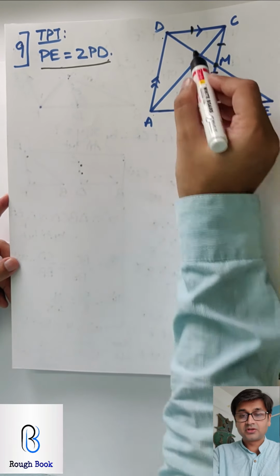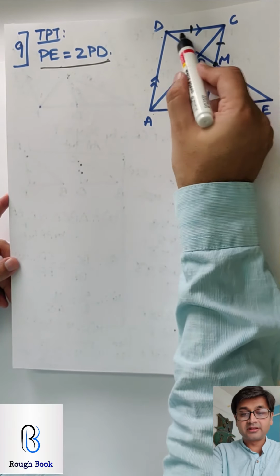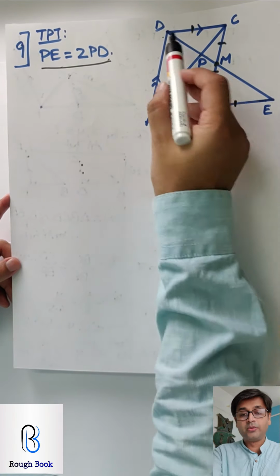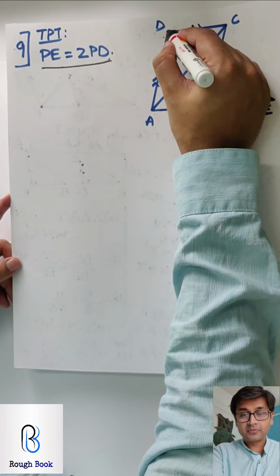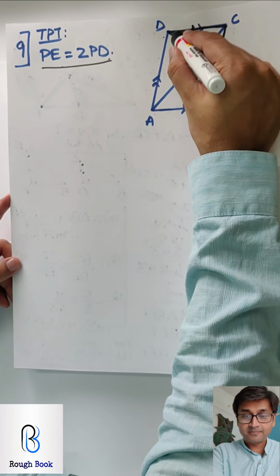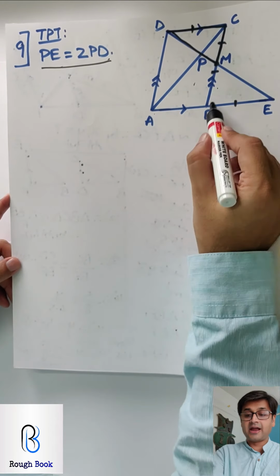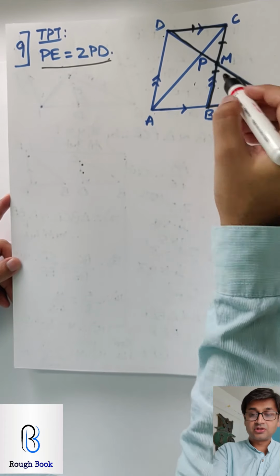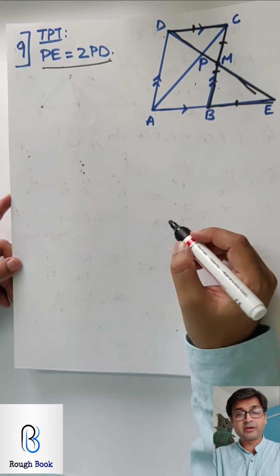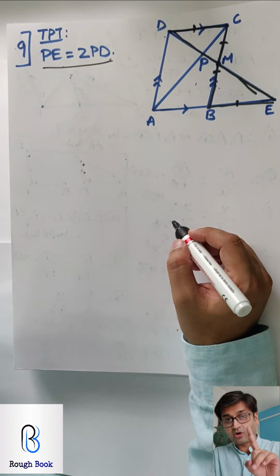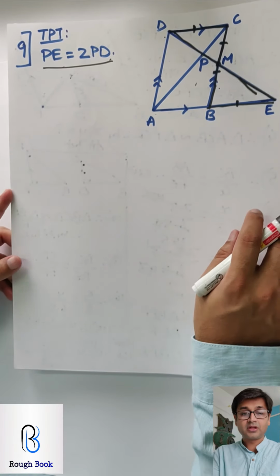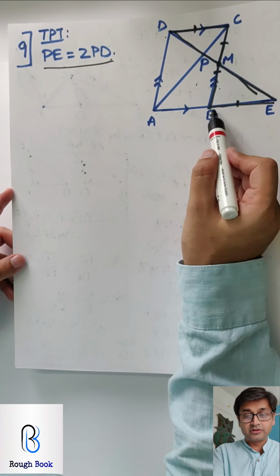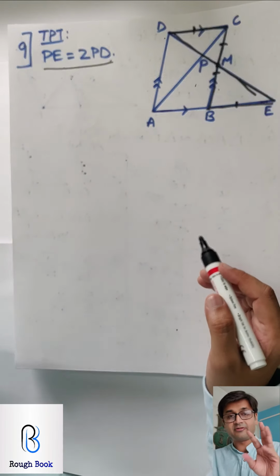Which two triangles? So for DC, which triangle? Now if you take this small triangle and big, obviously they are not congruent. So think of different triangles now. With DC, superb. DCM is the triangle we are going to work at. And for BE, very good, BME. So can we see these two triangles? Can you prove them congruent? 5 steps, golden steps for congruency, standard 9, you remember? So let's first prove the triangles congruent. Say DC equals BE, DC equals AB, so AB equals BE. So 5 plus 3, 8 steps.